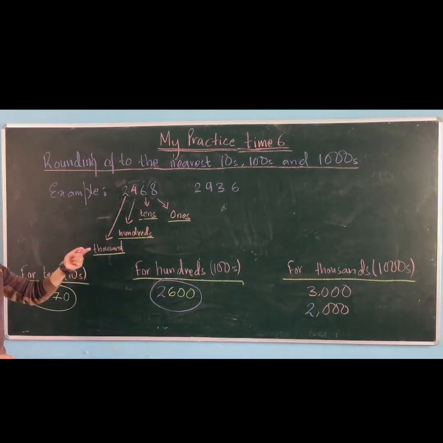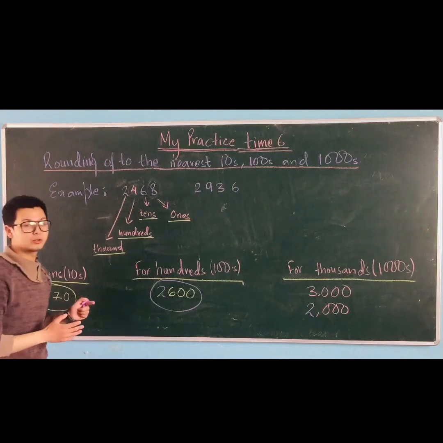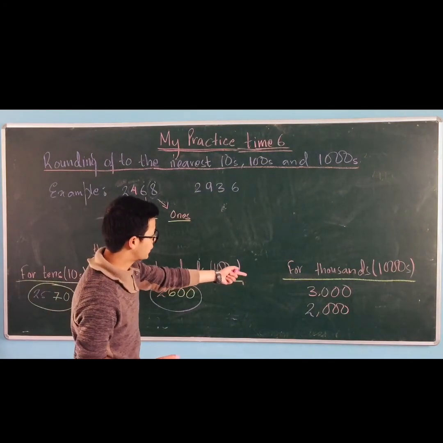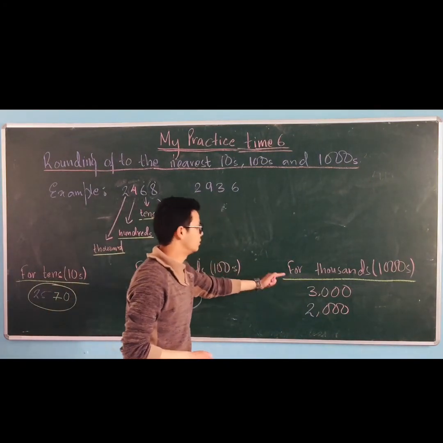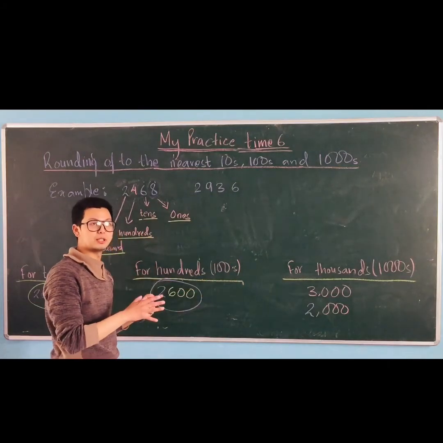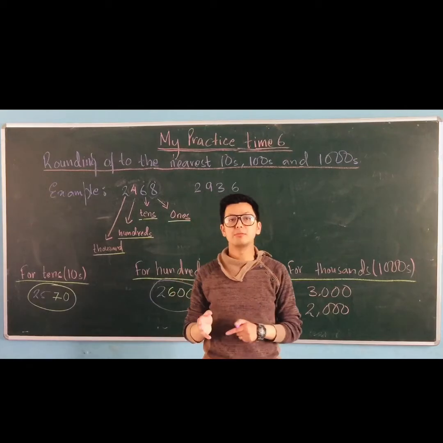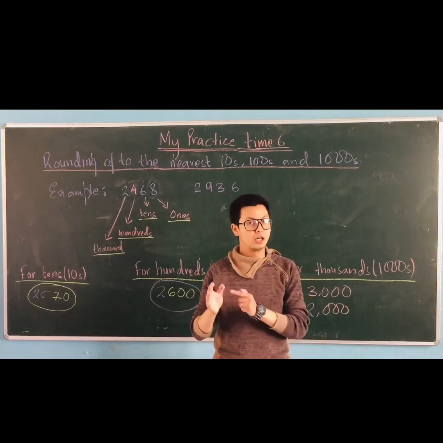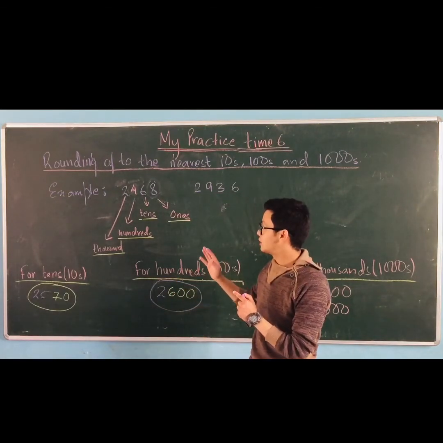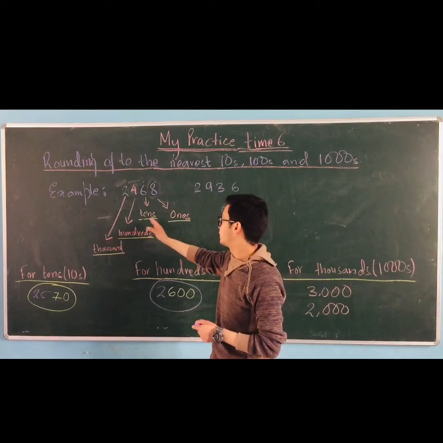5 in tens, hundreds or thousands, you just have to adjust it according to the question, okay? So in this case it becomes 3 and 2000. Understood? If it is less than 5, then... if it is equal to 5, you have to add. And if it is less than 5, you have to change the digit which is in hundreds, tens and